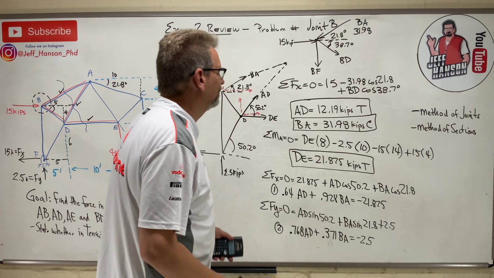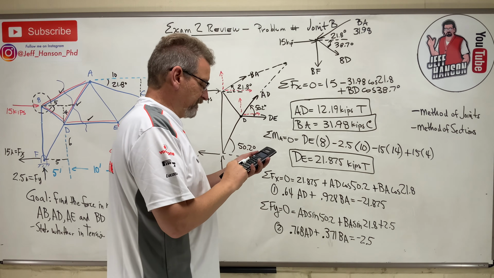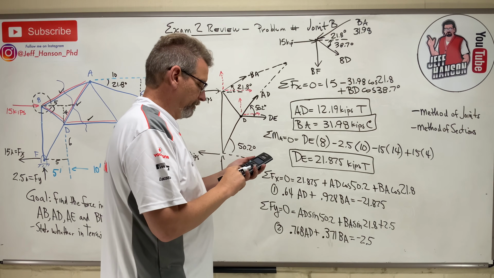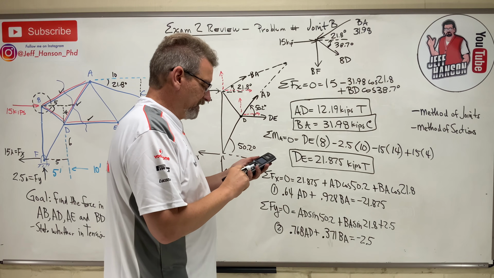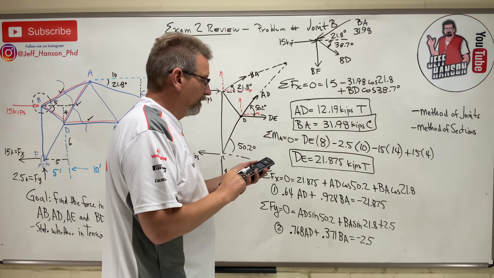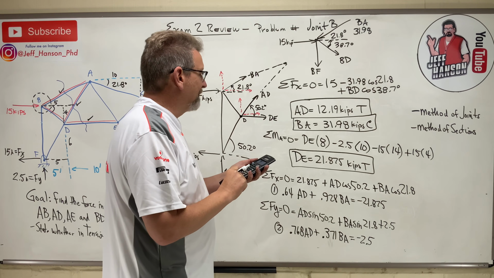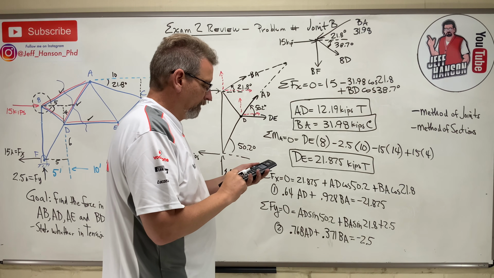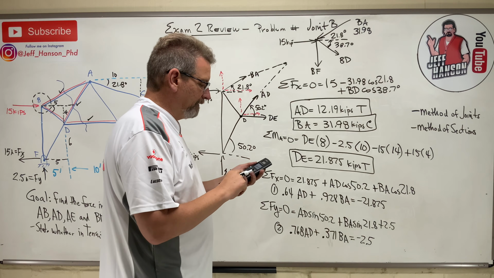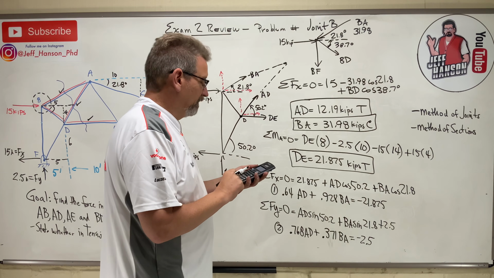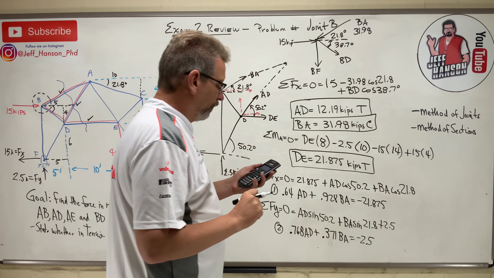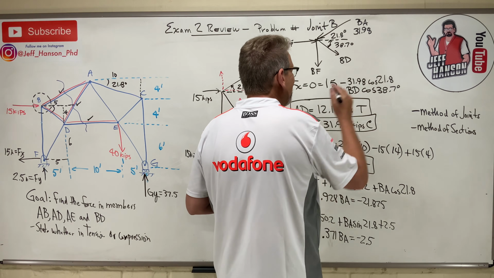All right, so let's see what we got. 31.98 times the cosine of 21.8, and then minus 15. Okay, it's 14.69, and then divided by the cosine of 38.7 equals, drum roll please,